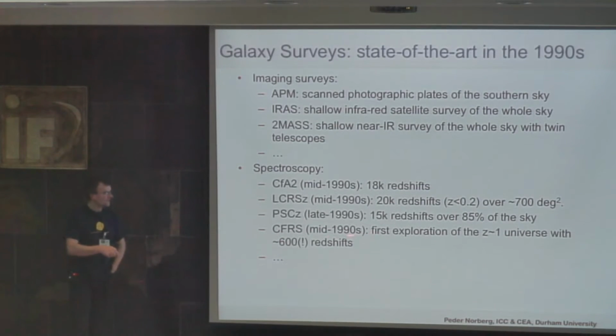You know, I do like this one. CFRS, mid-1990s, is the first exploration of the redshift 1 universe with 600 redshifts. From 600 redshifts, they measured the luminosity evolution. They measured lots of things. Whereas today, it's like, oh no, I need at least 100,000 to do anything. I think we need to remember what is the challenge you're starting off with, and what you can do and what you can't do. It's a very different type of analysis, whether you're working with small number or large number statistics. And this comes up all the time when you're doing surveys.